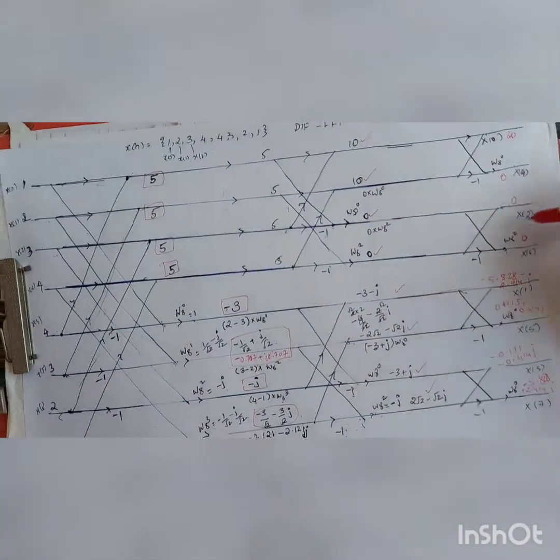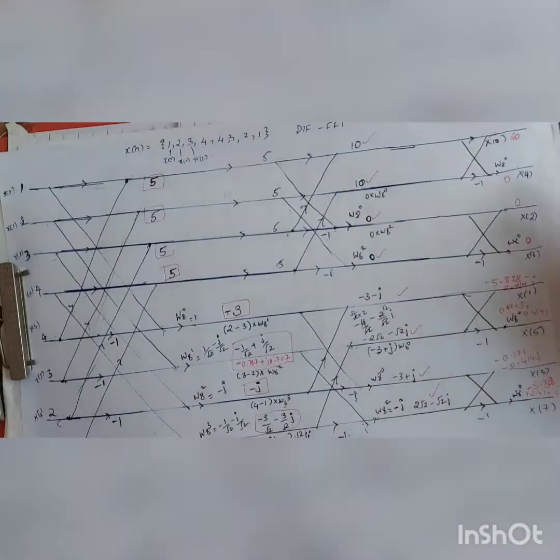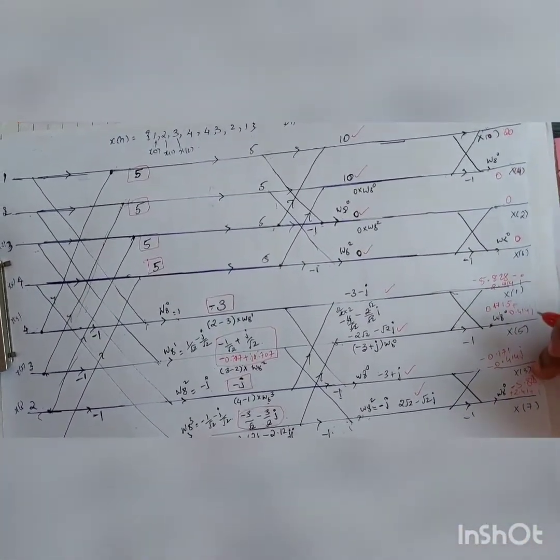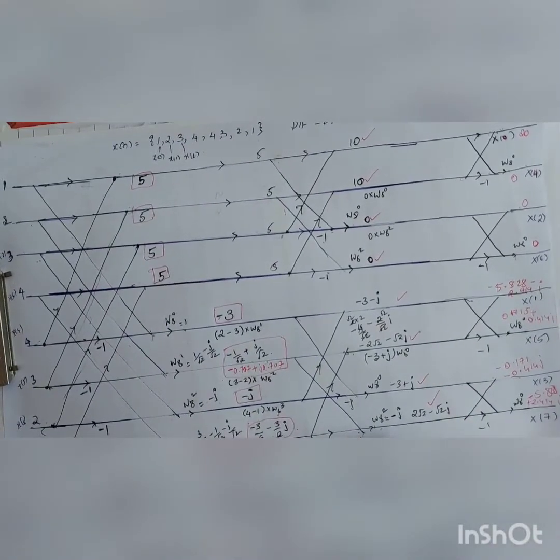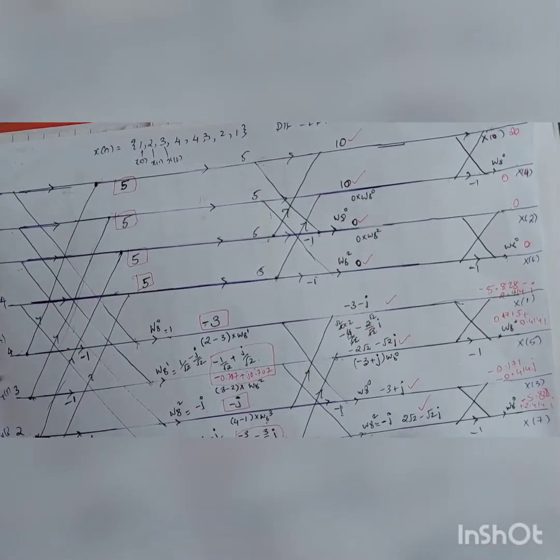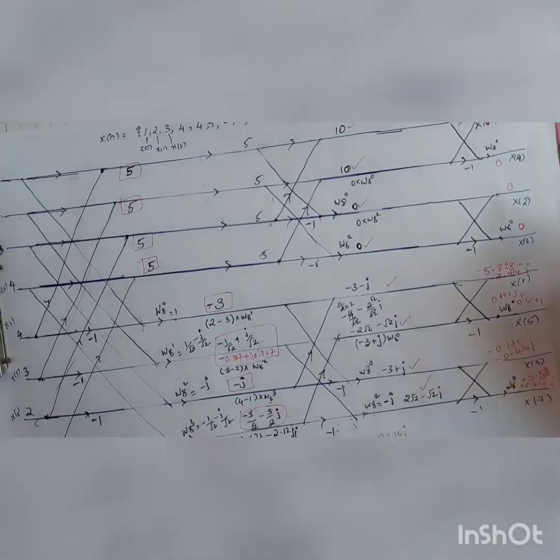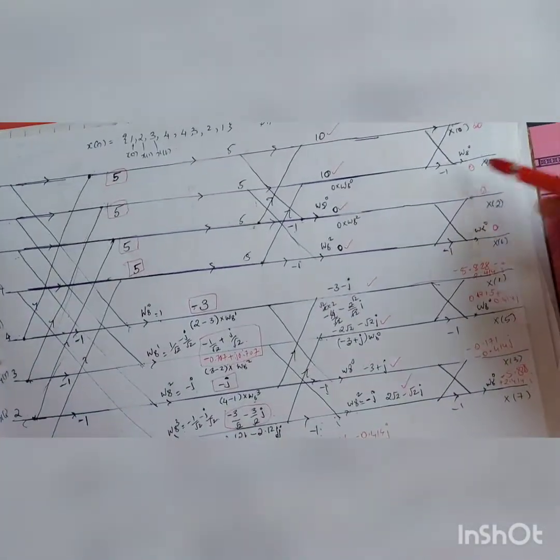X of 2 is here, it is 0. X of 3 is here, that is minus 0.171 minus 0.414j. X of 4 is here, it is 0. I write 0. Okay,